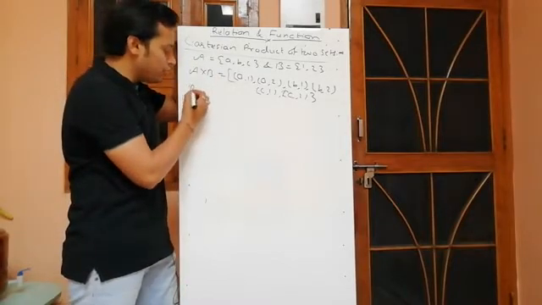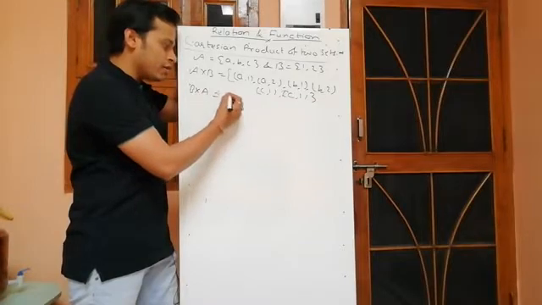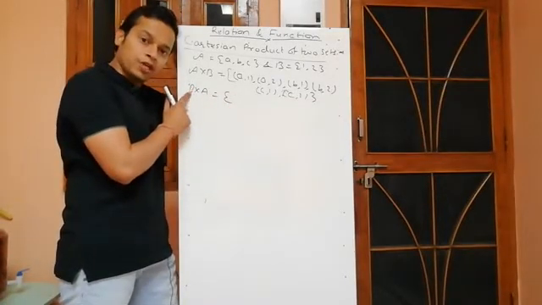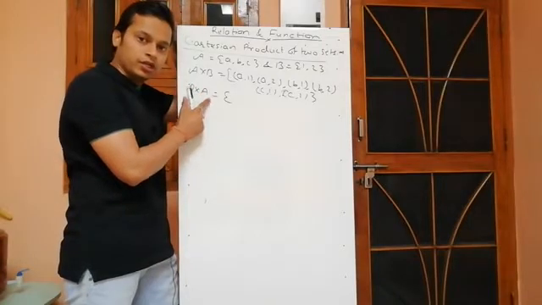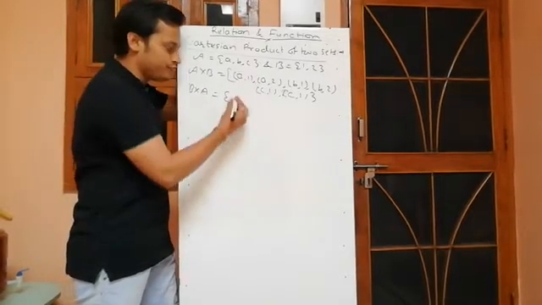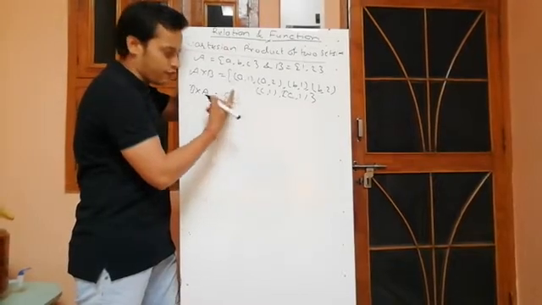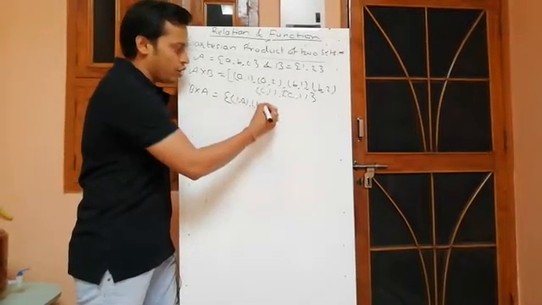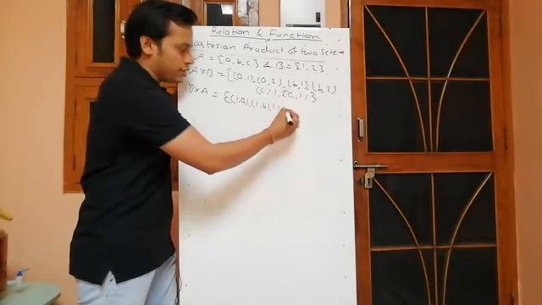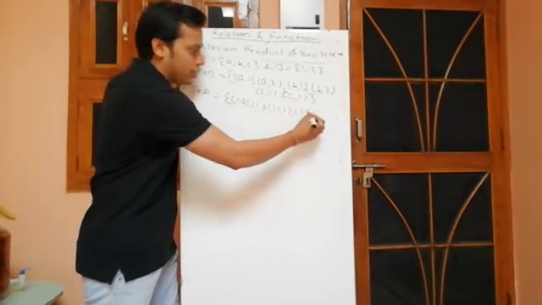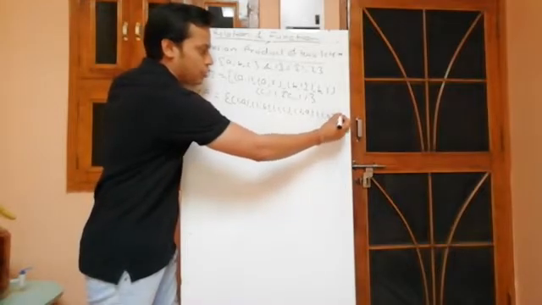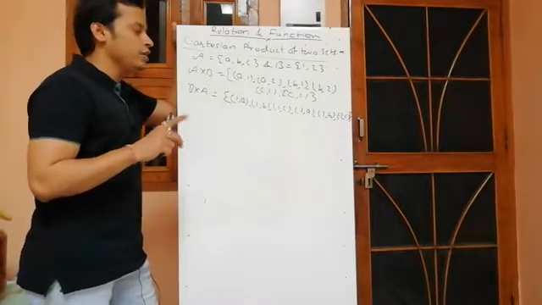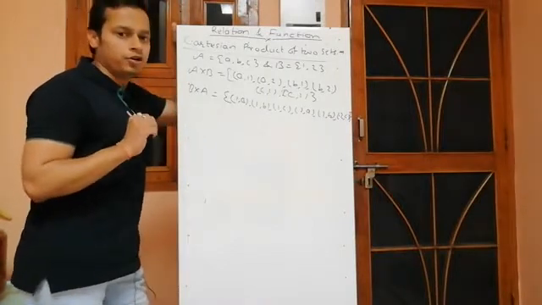Similarly, if you write B cross A, then same thing. Now again, the set of all those ordered pairs whose first belongs to B and second belongs to A. Then what you will get? Just simply 1, first from B, second from A. So (1, a), (1, b), (1, c), (2, a), (2, b) and (2, c). This is A cross B and B cross A, the Cartesian product of two sets.